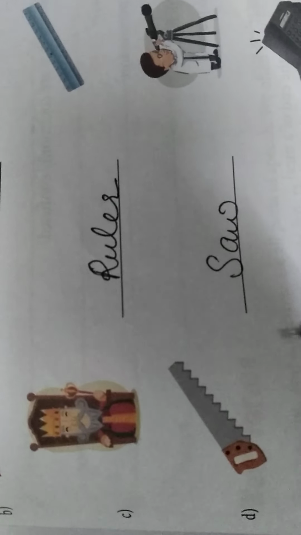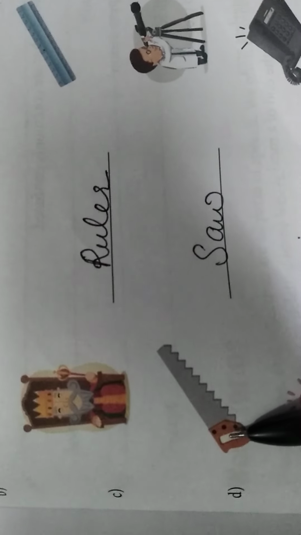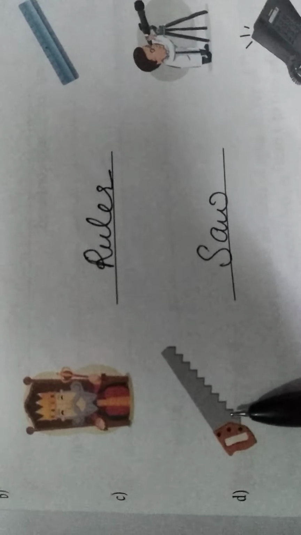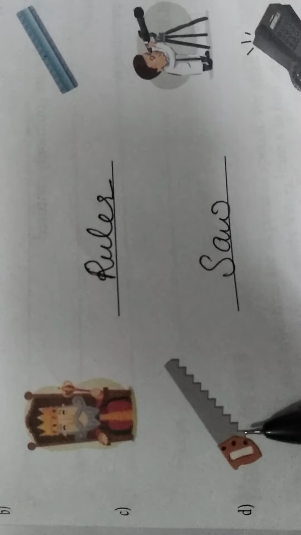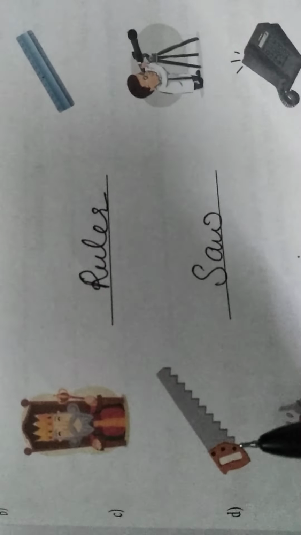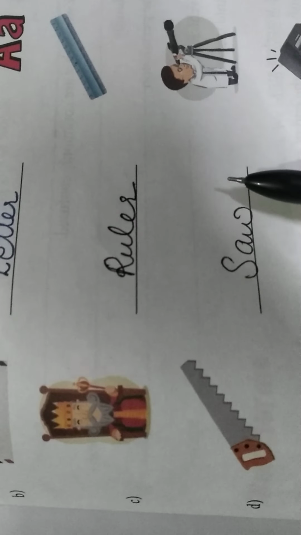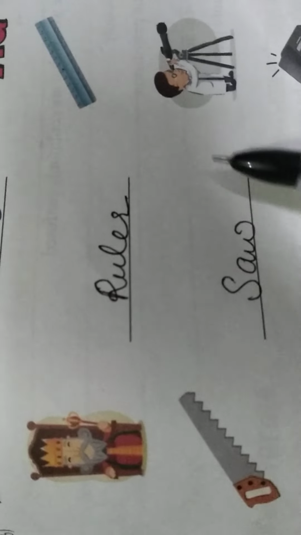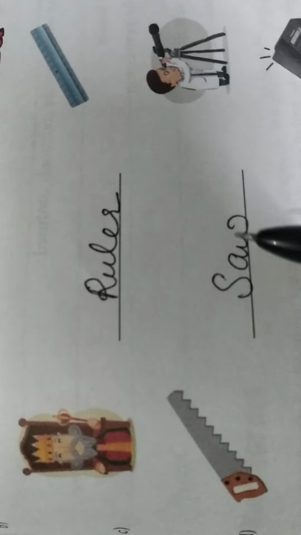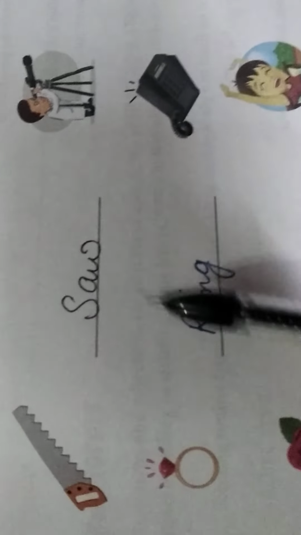Now the next homonym is saw. The left side of the figure shows a tool that is used for cutting wood. Like I can say, I use a saw to cut the wood. And here this saw is the past tense of see, that I saw his picture on my mobile. So this is the past tense of see. This person is seeing.